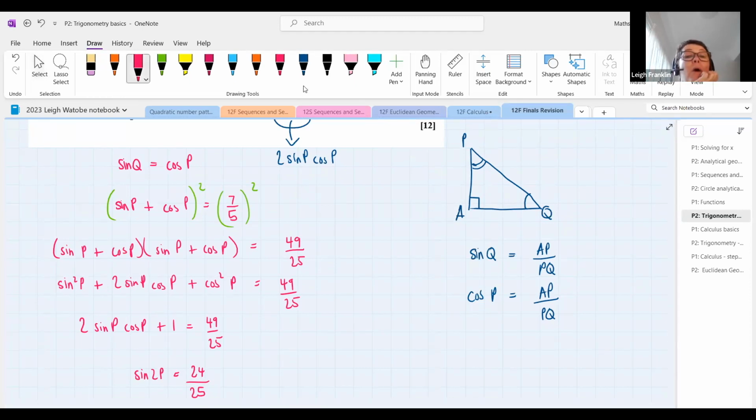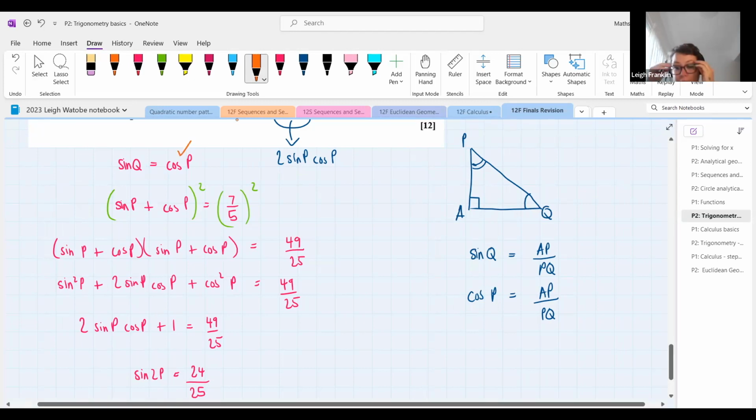All right, so our marks here would have to be for writing sine q as cos p. Then, in order to get to the answer,